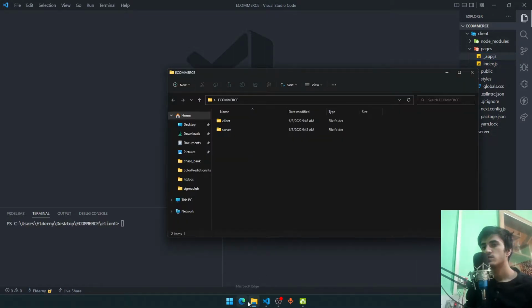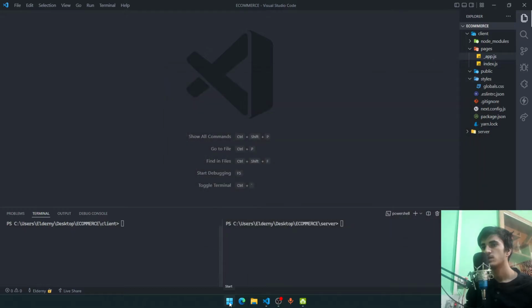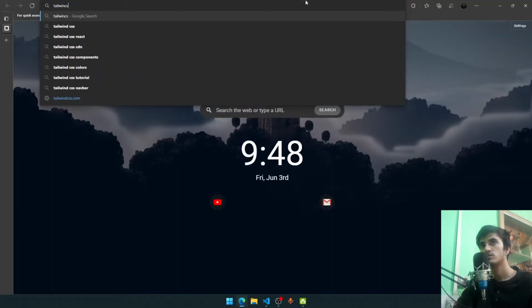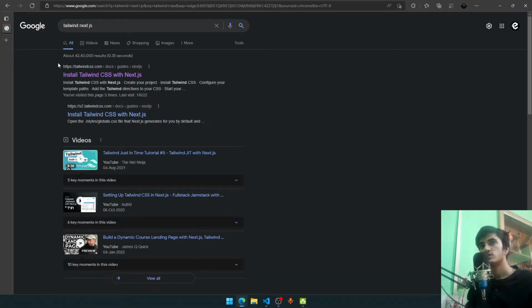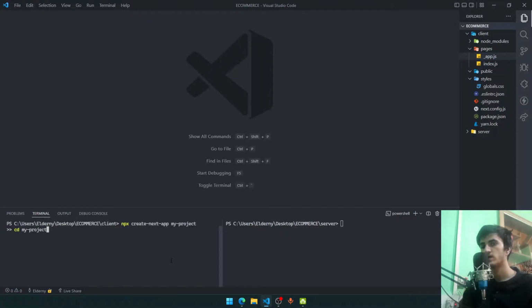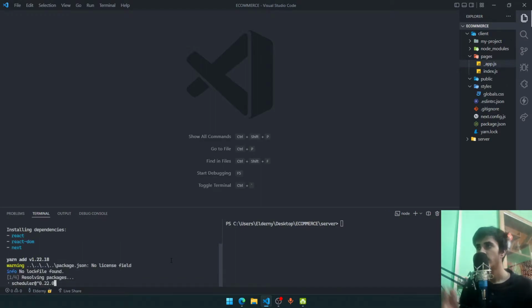Now let's first of all do one thing. Let's go to Tailwind CSS. We'll search tailwind Next.js. We just have to copy and paste the code that they are giving us. Copy this and paste it in your client side terminal, not in your server side terminal, because we want Tailwind CSS in our Next JavaScript application, not in our Node JavaScript application. And after that copying is done,